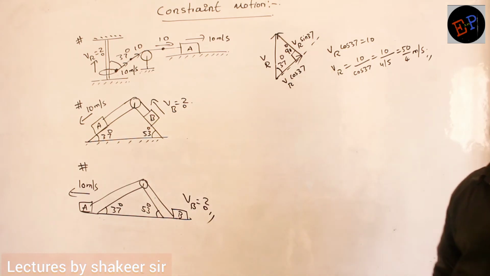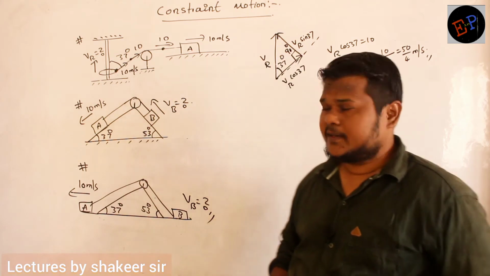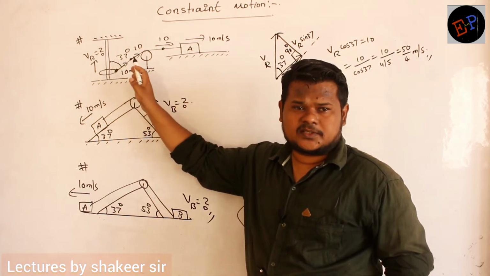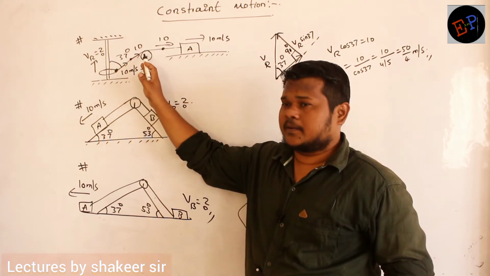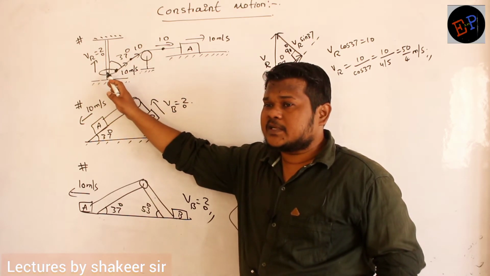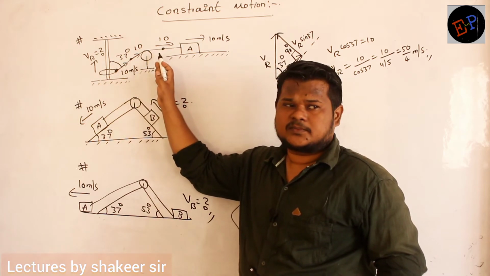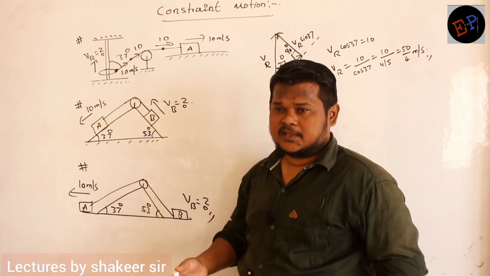Very simple concept. Is it clear now what we are doing? This point is touching the ring and also touching the rope. So this point should have a speed of how much? 10. It means the ring also should have a speed of 10, in the direction of the rope. But a ring cannot move in this direction. It means that velocity 10 is one of the components. Are you able to understand?